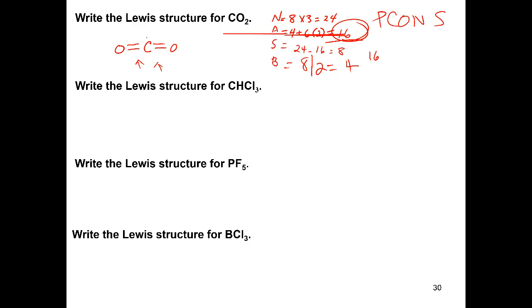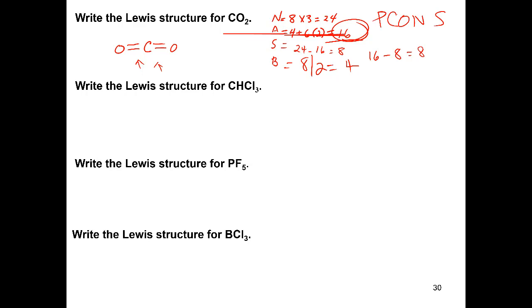And when I put those bonds in there, each bond is 2 electrons. So 2, 4, 6, 8. Minus 8 gives me 8 electrons. I've got 8 electrons left. So the next step in NASB is to put the electrons around the outer atoms to make sure they have